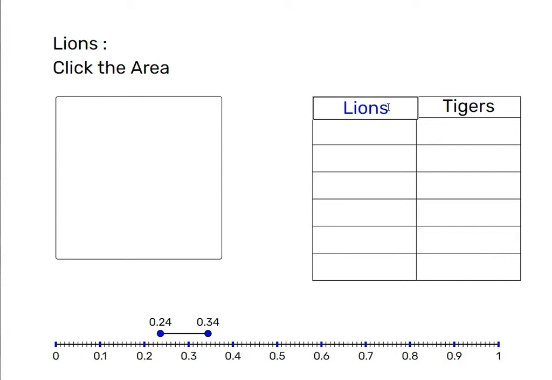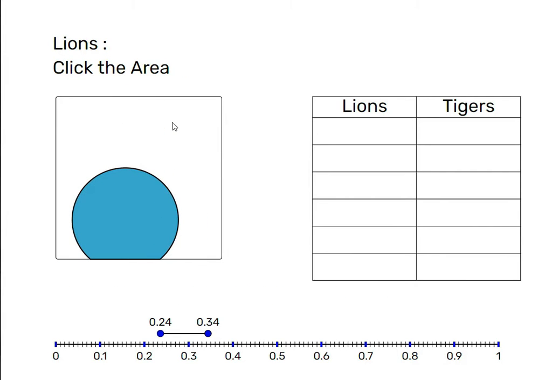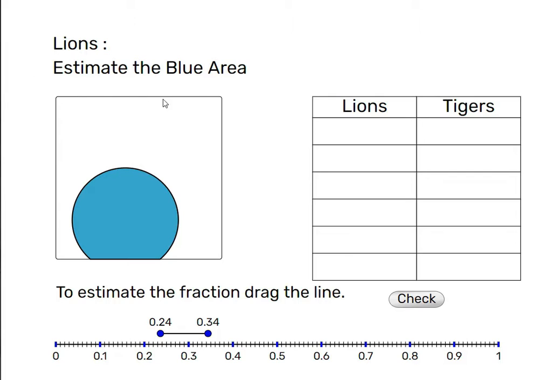Let's start the game with the Lions that have the instruction, click the area. The goal of the team is to estimate how much of this square is colored blue. One of the students in the team will come to the board and try to give his or her estimation. One way to do this estimation, for example, is to imagine a quarter of the board, which is something like